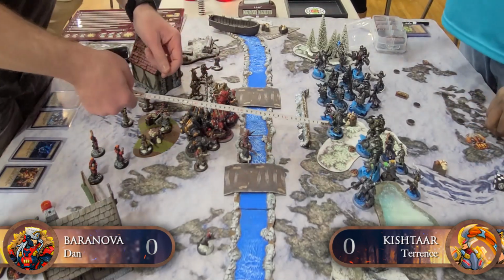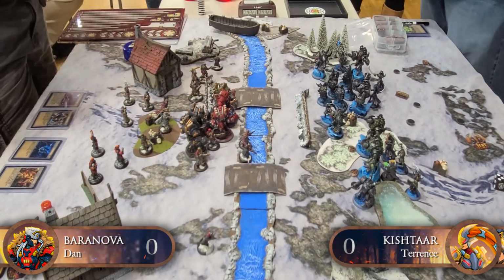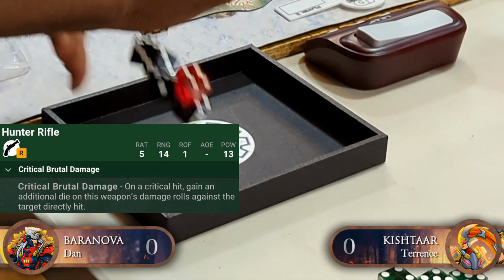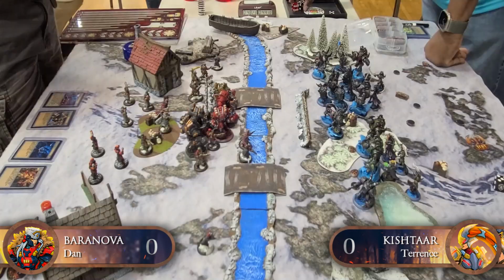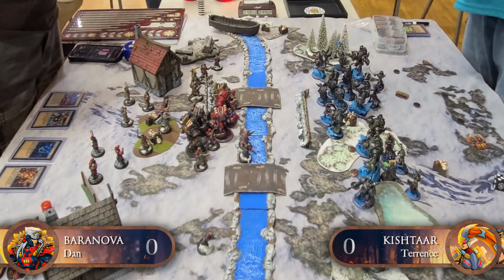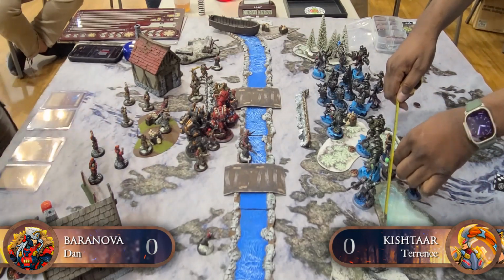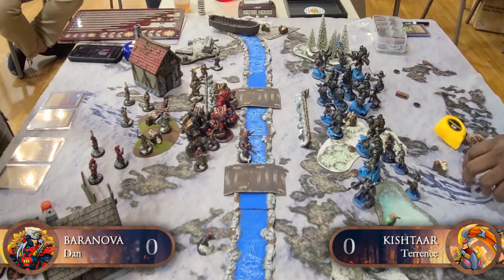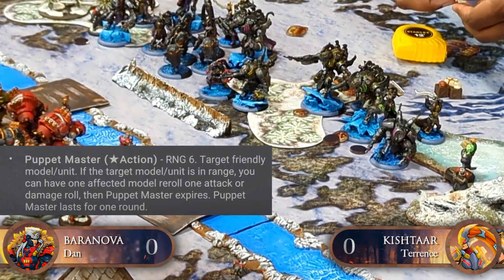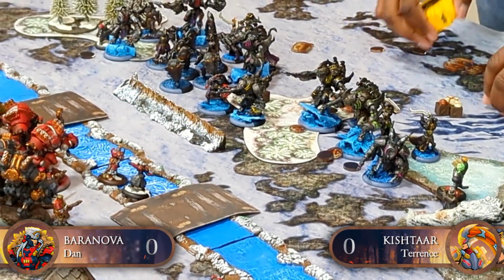But the goal here is to use the feat on the light jacks with the 100 rifles. The 100 rifles have crit brutal, so with Kishtaar's feat, you're hoping that you can crit. So you boost the hit, you roll 5 dice, hopefully you hit one. So here I'm moving Eyeless up, giving out the focus as I can, and giving Puppet Master to my big jack. And I'm trying to position Eyeless to go over and take that